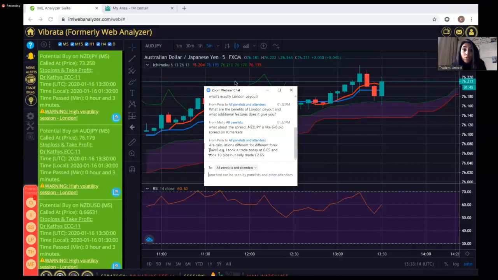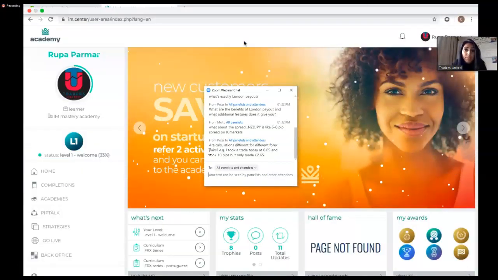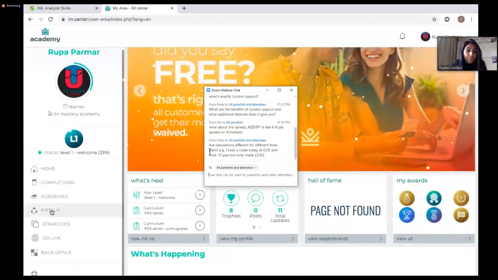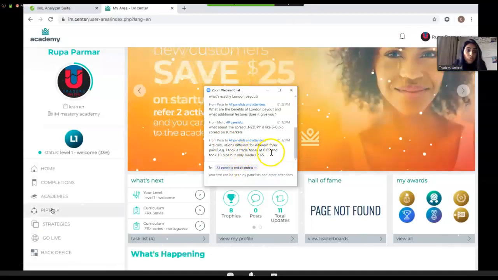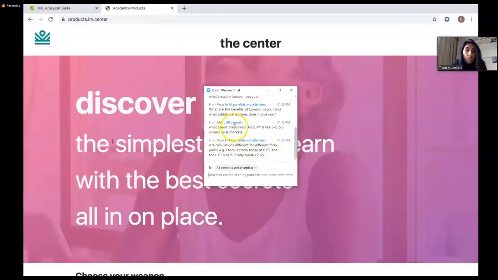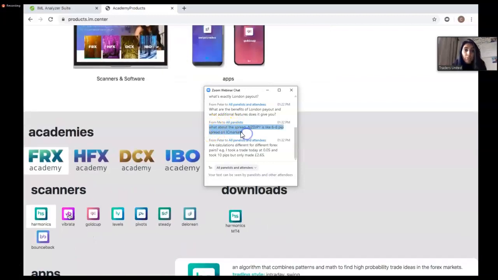Right, now if you have logged in using your back office IM Center, it's going to come out a little bit different on there. So let me just log into that one. I hope you can still see my screen share on IM Center, guys. Let me know if you can't. And if I go into strategy and then Vibrata,